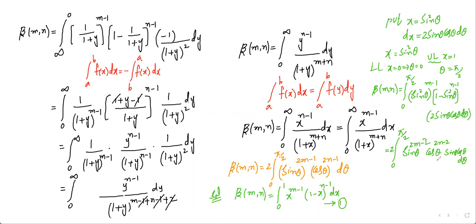Now you see the bases are equal, so the powers should be added. When we add the powers, beta of m comma n finally is 2 times integral 0 to pi by 2 of sin theta whole to the power of 2m minus 2 plus 1, so we are getting 2m minus 1, into cos theta whole to the